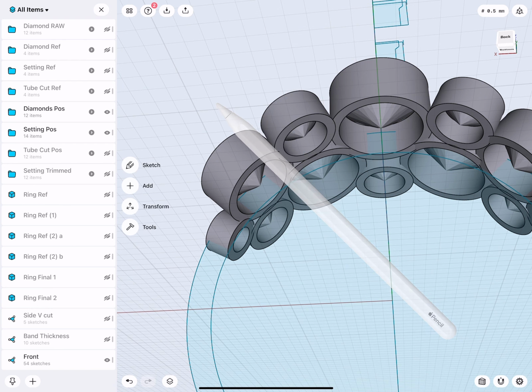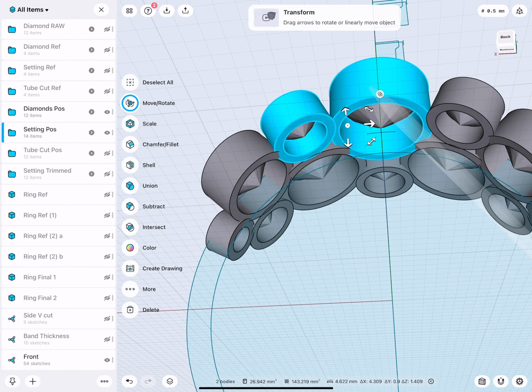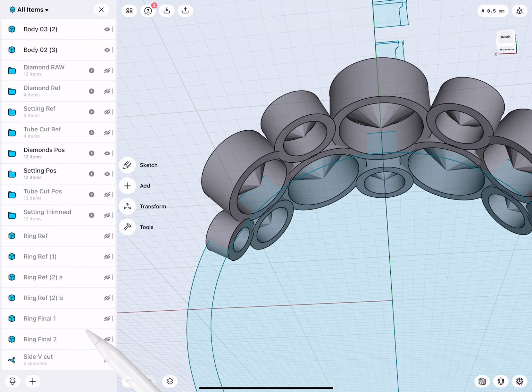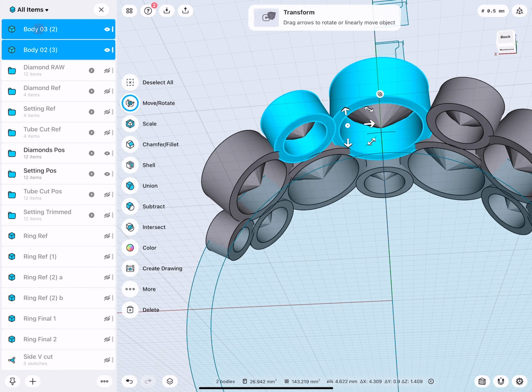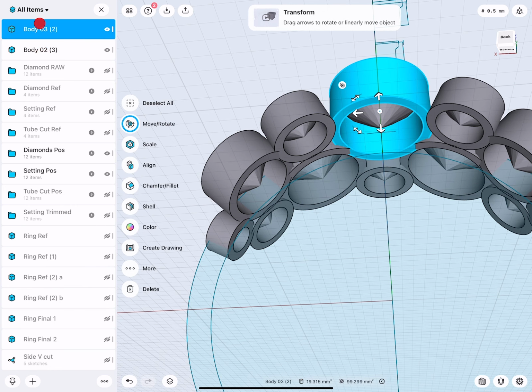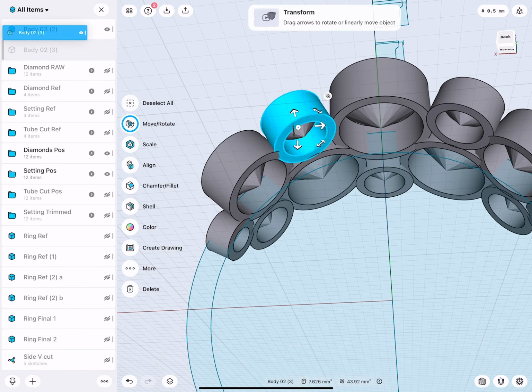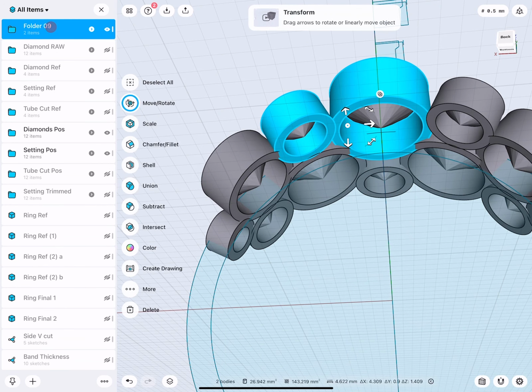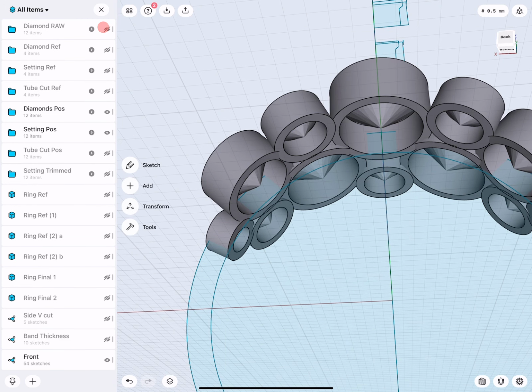Very good. And then I could, for example, go to here and say, move to here. There are these 2 objects. And then I can drag these 2 together.